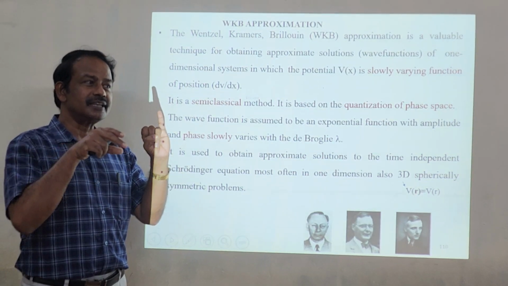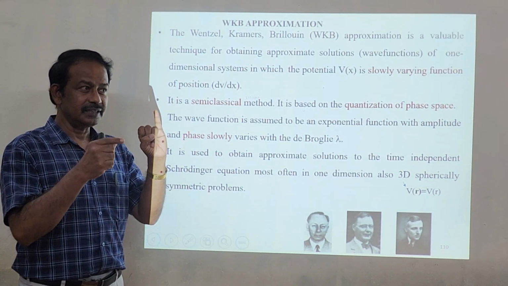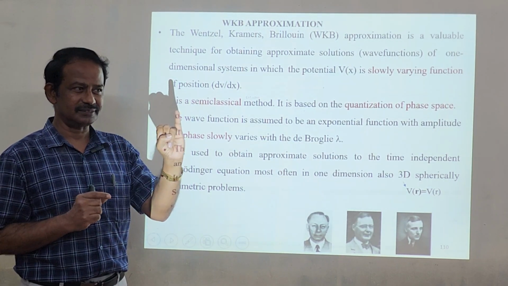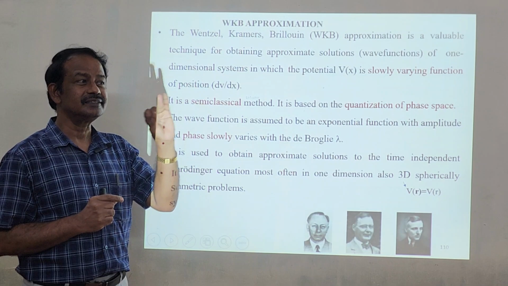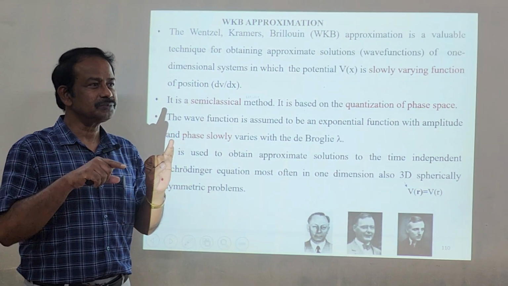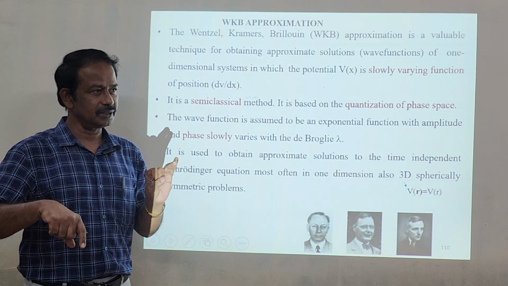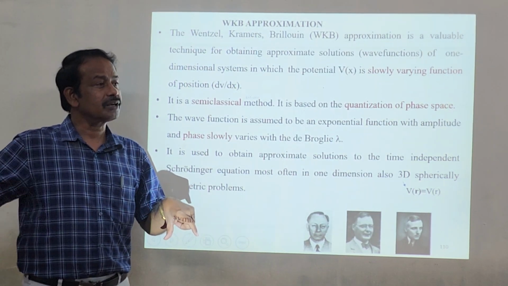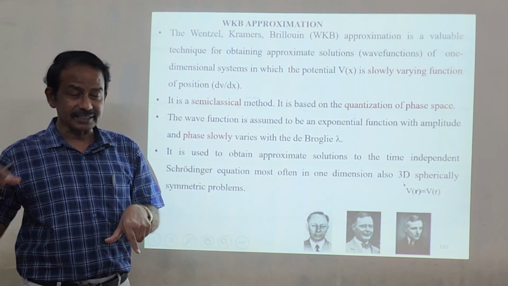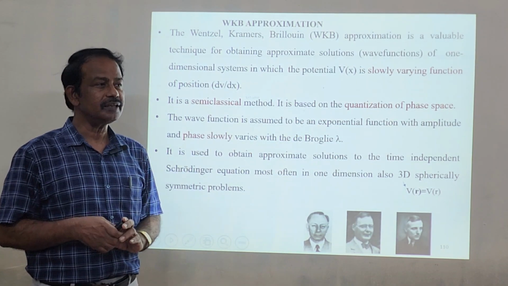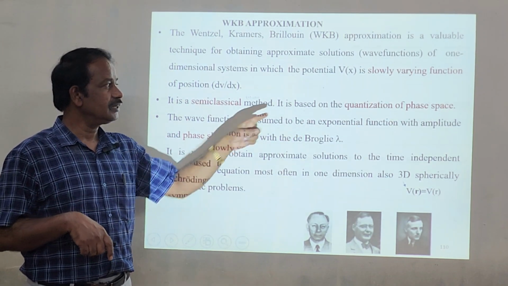So the first point is that in the WKB method, the potential will vary slowly, in such a way that the variation of potential remains constant within one de Broglie wavelength. That is a very important point. The second one is that it is a semi-classical method, in which we have some results from quantum mechanics, and we also compare these results with the classical results. And the third one is that we are going to get the final answer